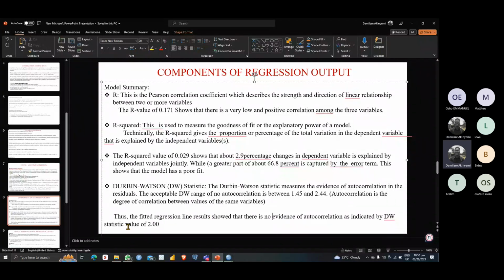Durbin-Watson. When you have a value that lies between 1.45 and 2.44, they are in violation. But if you have a value that